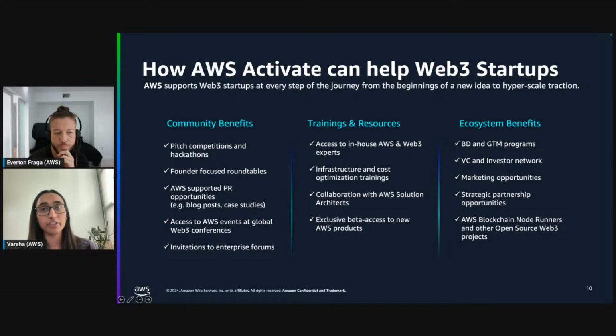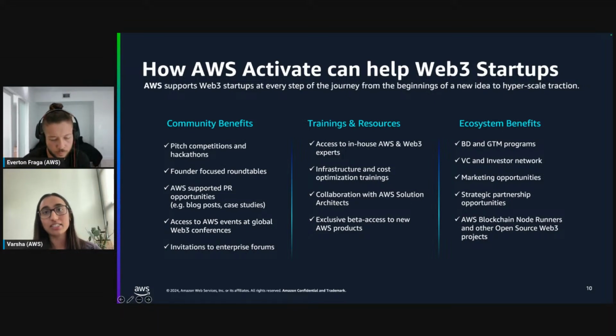We also offer workshops, architecture reviews, and a whole bunch more. And you're also essentially being part of the ecosystem and you'll be able to utilize our BD and GTM programs, be a part of our VC and investor networks, take advantage of our marketing opportunities, and raise awareness for your startups and what you're doing and building with your startup on AWS.